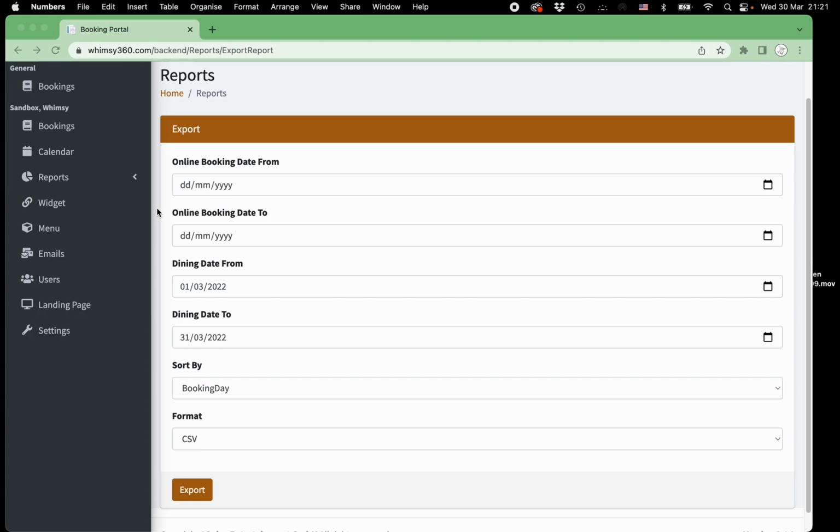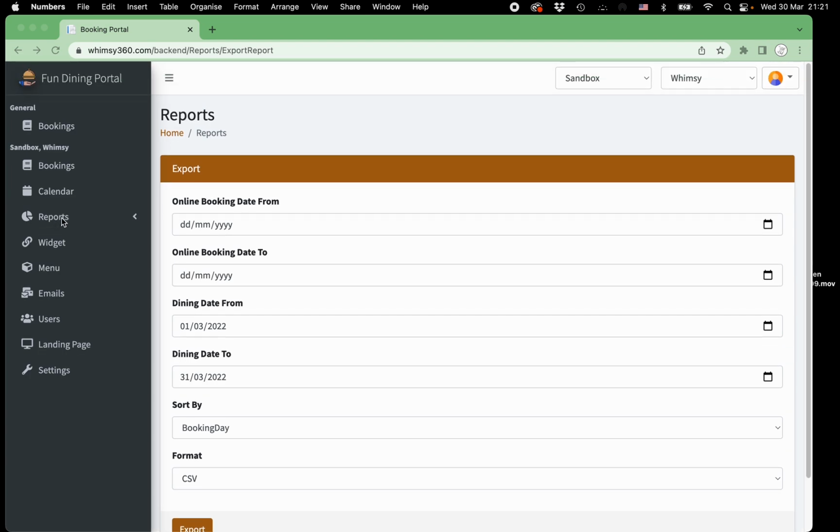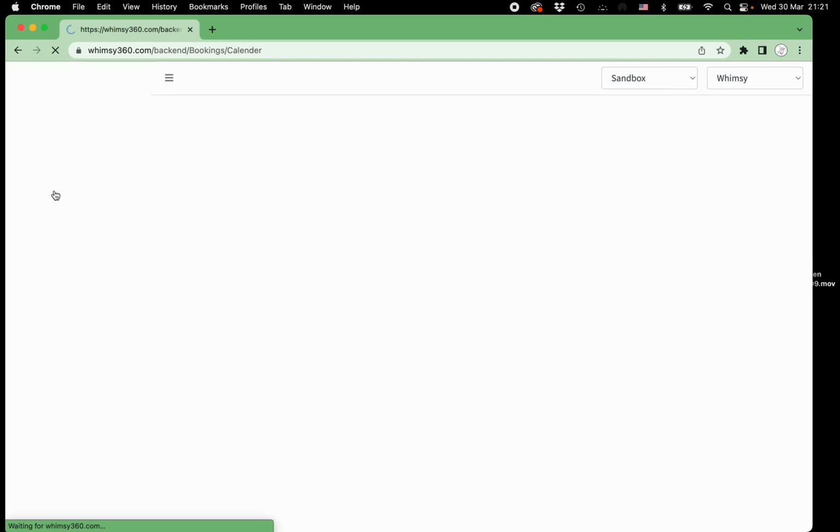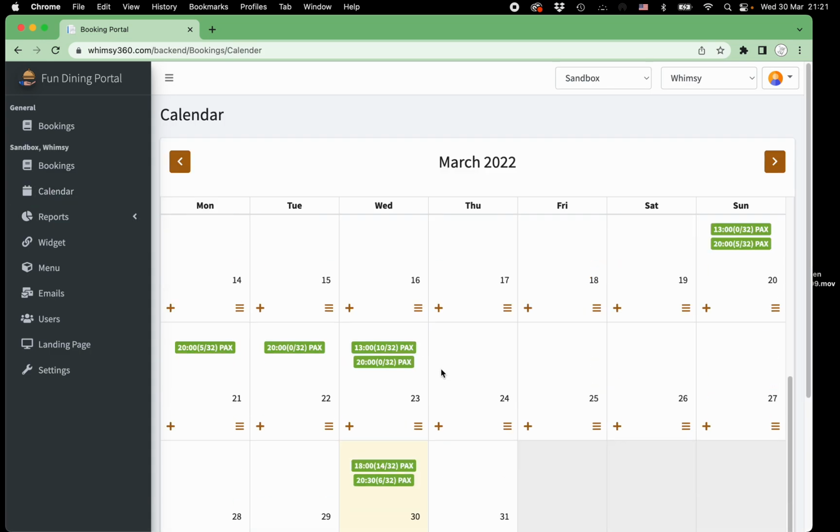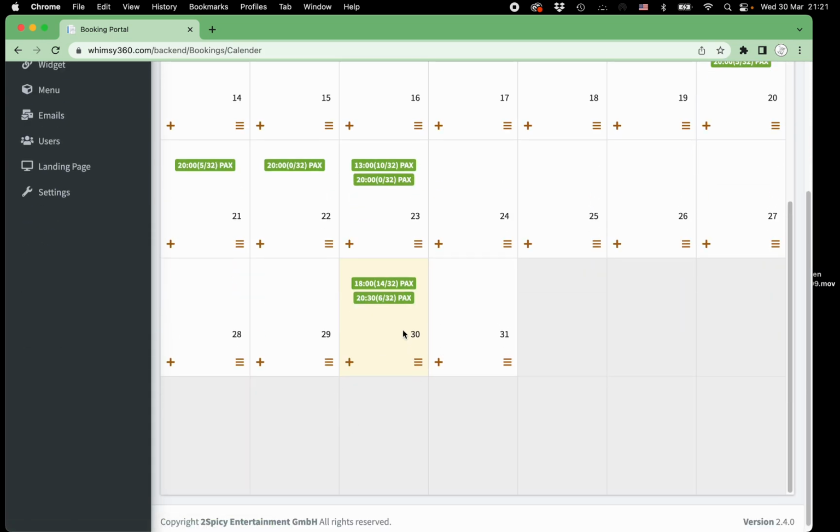The second one is actually no longer under reports. So if you did work with our old system, we had all reports down here, but now we are moving the report, the daily report for the chef, to the calendar. Your chef, the kitchen needs to know what to prepare, which menus to prepare for which party. For that matter, you will go into the calendar, and we will click on the day,